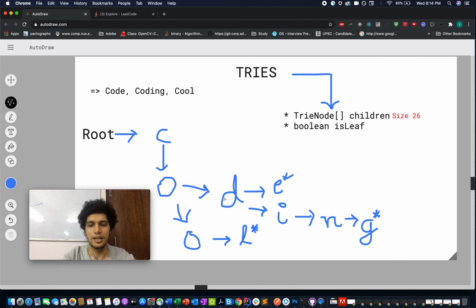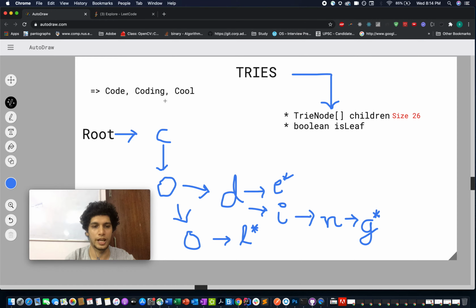Then you got D, you inserted it as a child of the previous O, and then you inserted E at the fourth index, the child index of D. You also updated the isLeaf attribute for the node which is a terminal node, here in this case E.